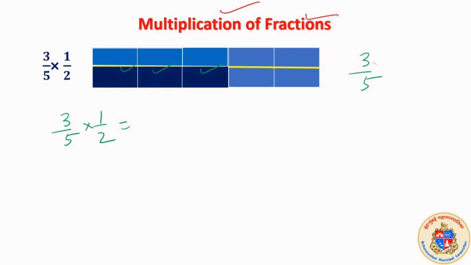So the total division now over here is 1, 2, to make it shown to you. 1 here, 2 here, 3, 4, 5, 6, 7, 8, 9, 10. Out of that, this much is 3 upon 5. You know how much it is? 3 out of 10 it is. That means 3 upon 5 into half must be equal to